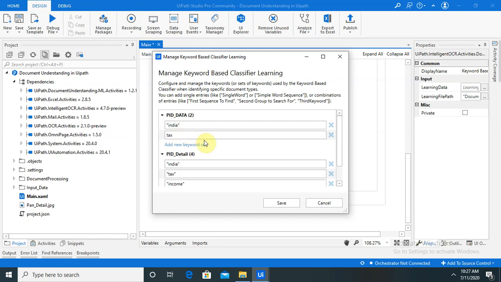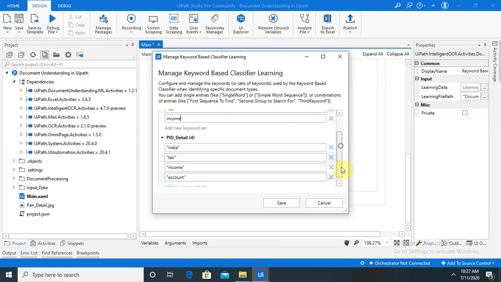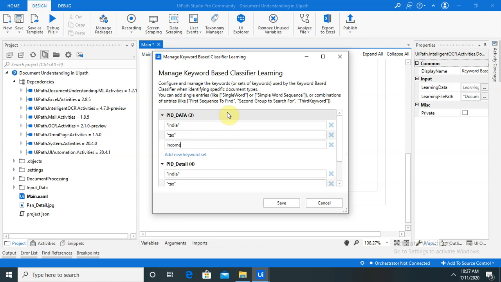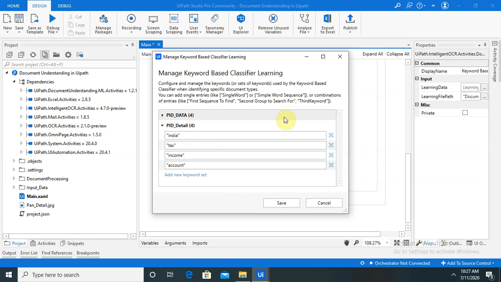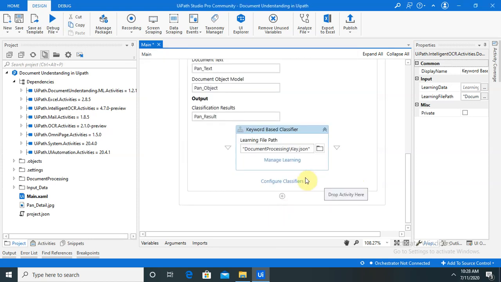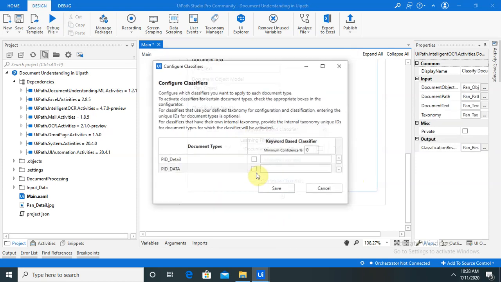Tax is also there, so it will compare the value, and if the file does not contain this type of income, this type of content, then it will reject in this step only. And account. Now we're done.